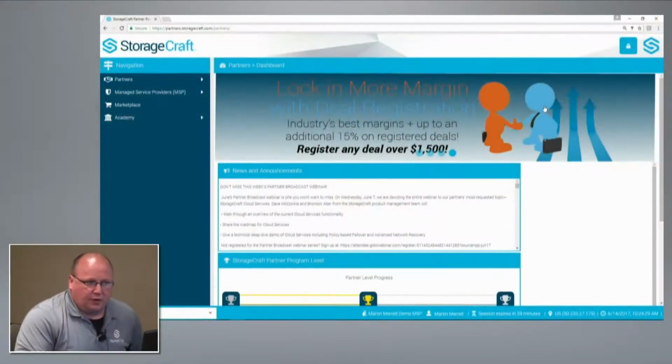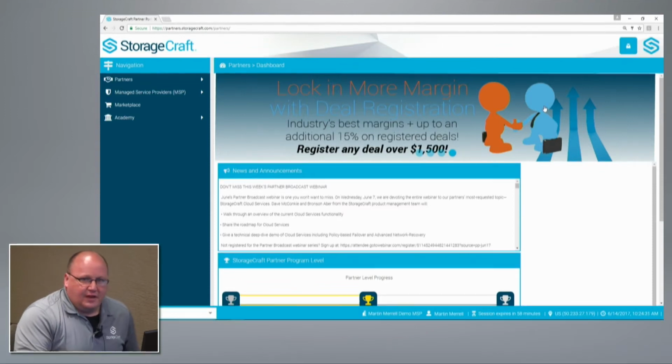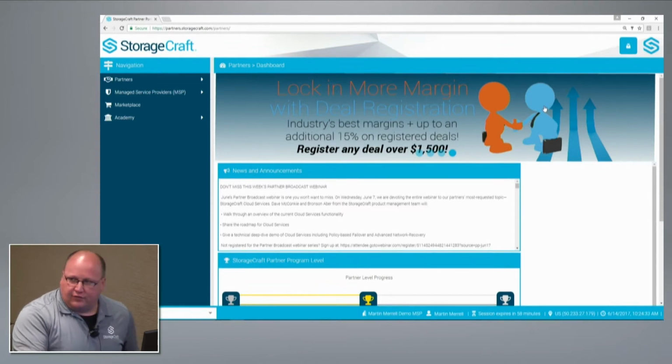Now, we've had a whole bunch of build-up. I'm going to actually show you what the StorageCraft Cloud actually looks like, and you're going to be able to see what it is that we can actually do. It's going to be kind of a small scale. It's not like I've got 1,000 virtual machines that have been replicated into this cloud that I can bring up. But more than anything else, it's going to give you a little flavor for what it is that we can